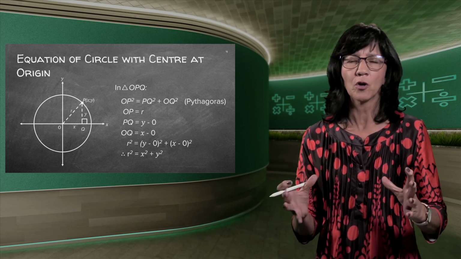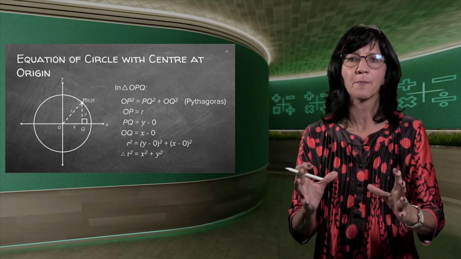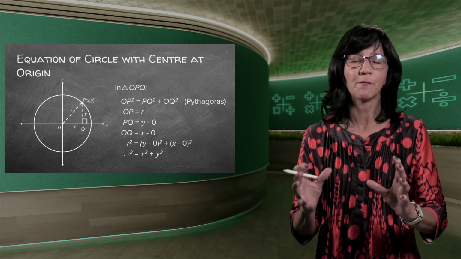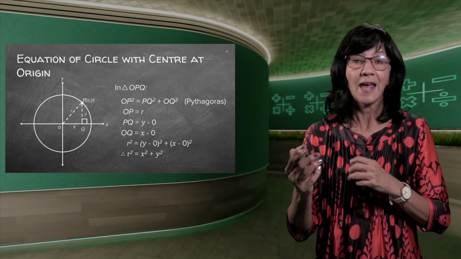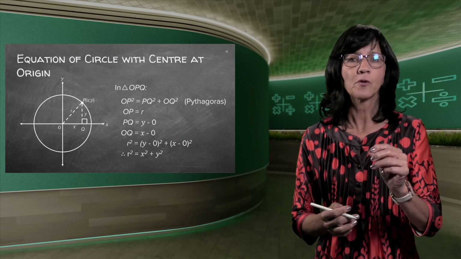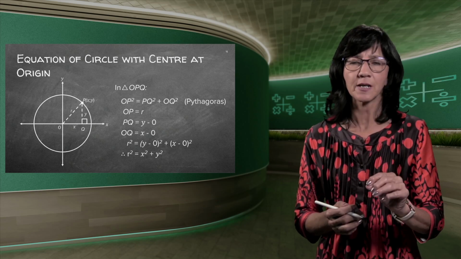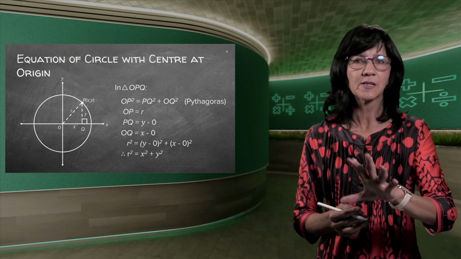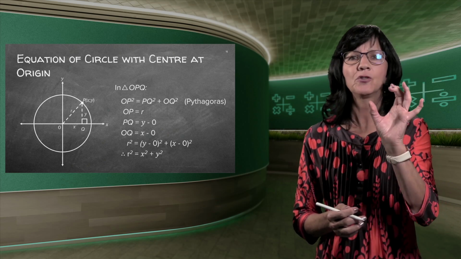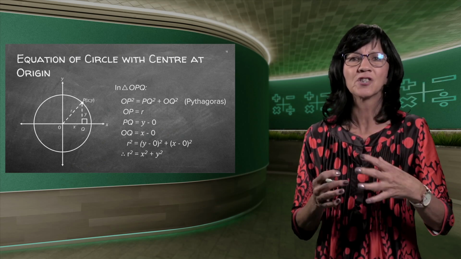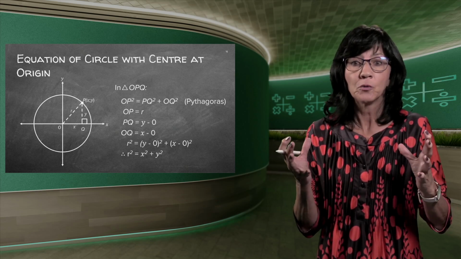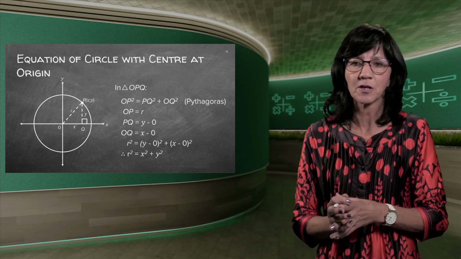It's really the part where you're going to gain a lot of marks in the exam. You should actually get full marks except for a few human mistakes, which you can check yourself on. Because remember, whenever we do analytical geometry, you always have to have a little sketch. Even if they don't ask you for a sketch, you need to draw yourself a little rough sketch. It just gives you an idea of what you're doing. I can see it in front of my eyes. It makes it much easier.